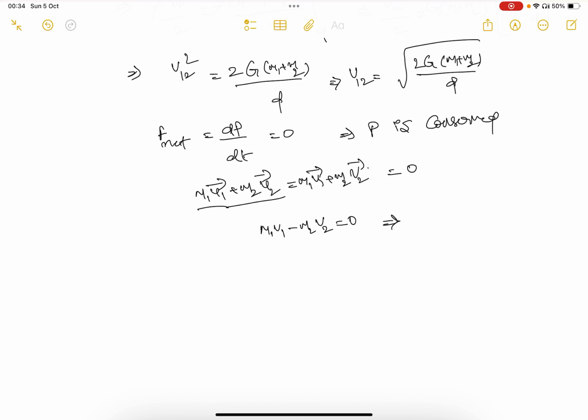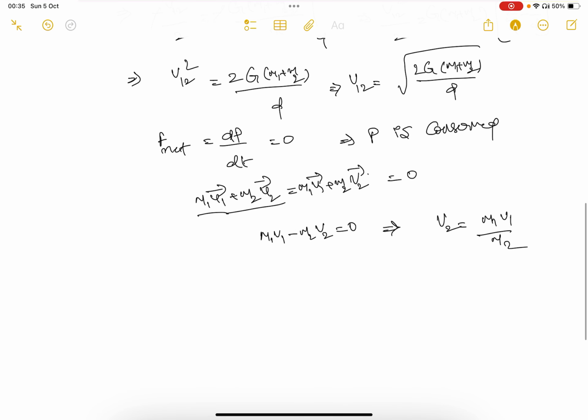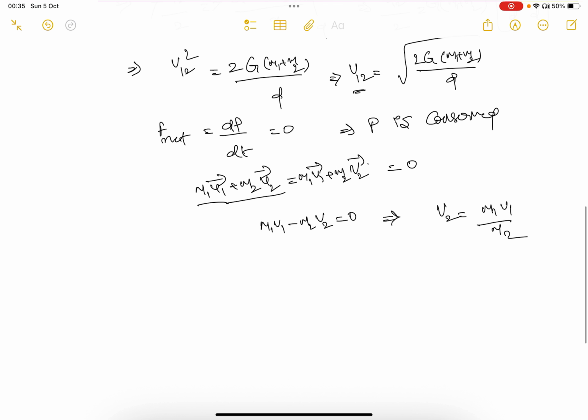So that implies v2 equal to m1 v1 by m2. Here, as you can see, v12 is v1 minus of minus v2, right? I mean, they are moving in the opposite direction,